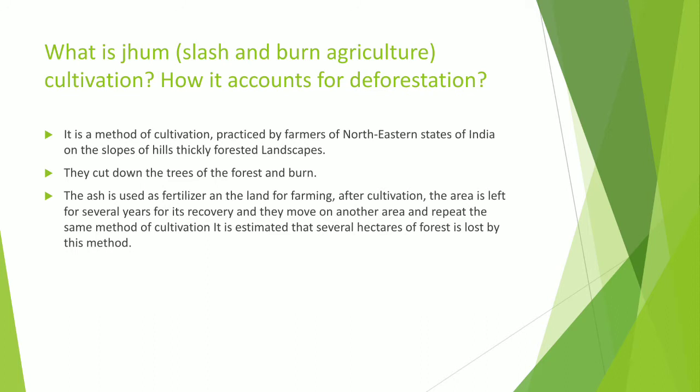So this is done by the people of the northeastern states of India, where you can see highly sloped land. On those slopes, completely big forests can be seen, large forests, and a little part of the forest area is cut down and made into land or a desert. In the same way, year by year those slopes are turned into a desert, and this is called jhum or slash and burn agriculture.